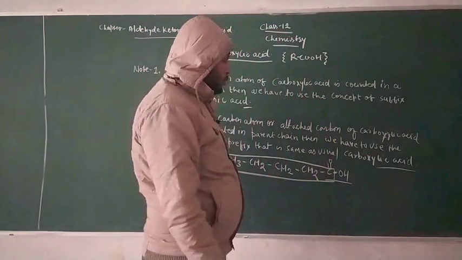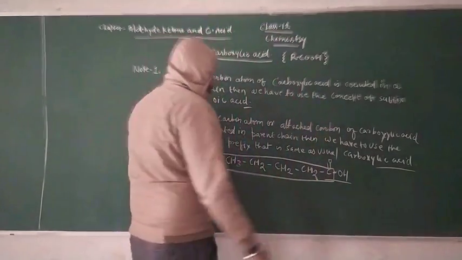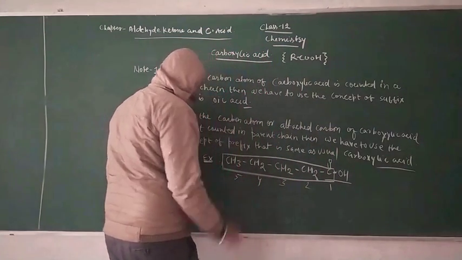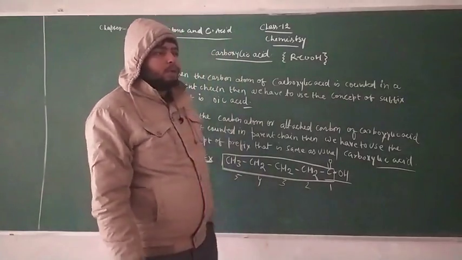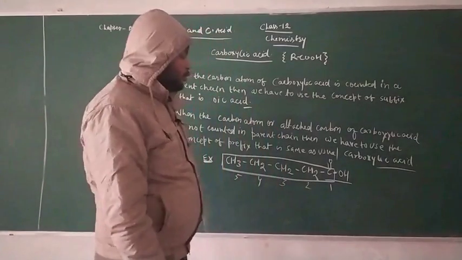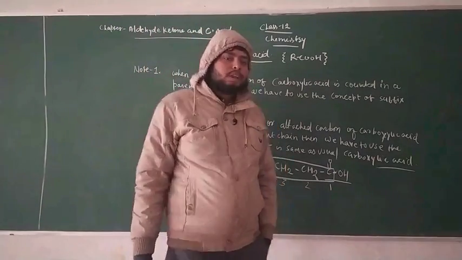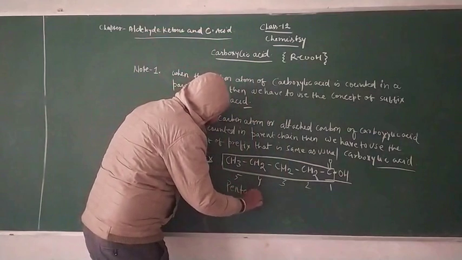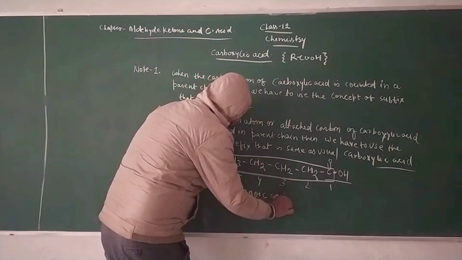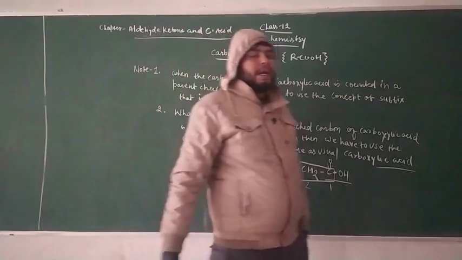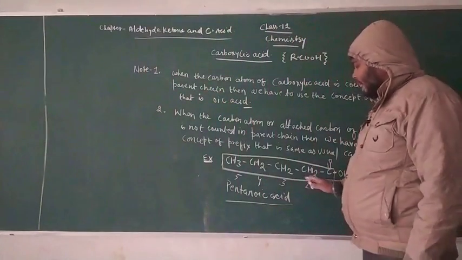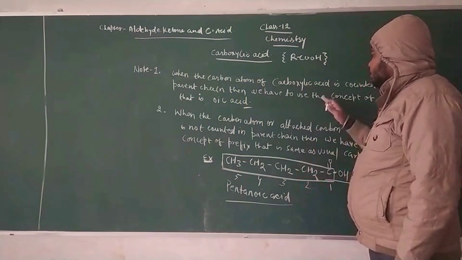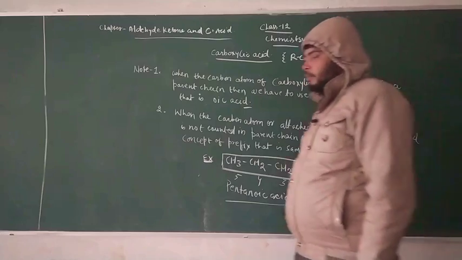That's why we have to give it the lowest number, starting the sequence 1, 2, 3, 4, 5. All the carbons are joined together by single bonds, which means this is saturated, so we have to use the "an" ending. With 5 carbons, we have to use pentanoic acid. This is the concept of pentanoic acid, because the carbon attached is counted in the parent chain. That's why we have to use the suffix, that is oic acid.